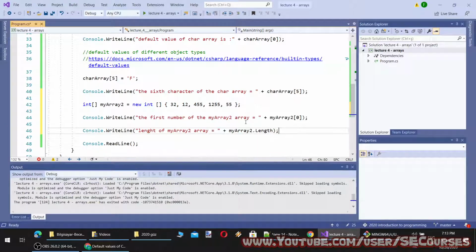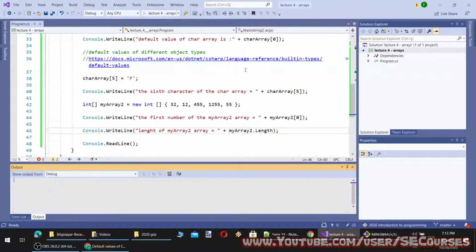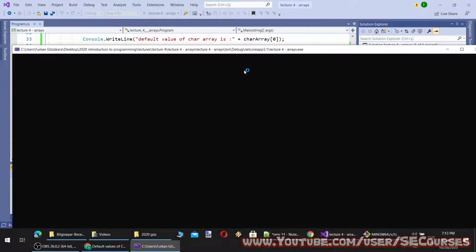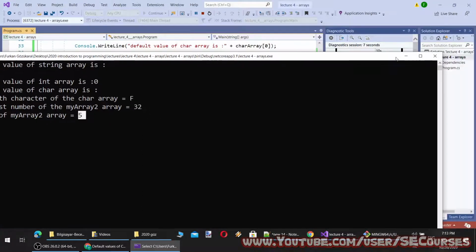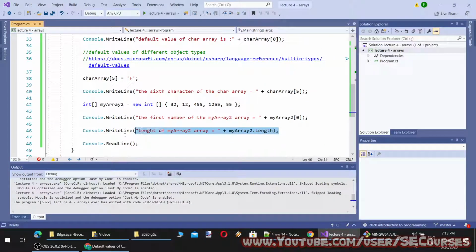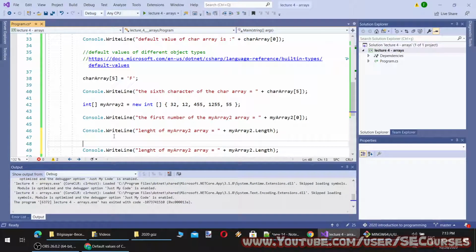Let's print both of these. It says the first number of my array is 32 and the length of my array is 5. Since this is a single-dimension array,